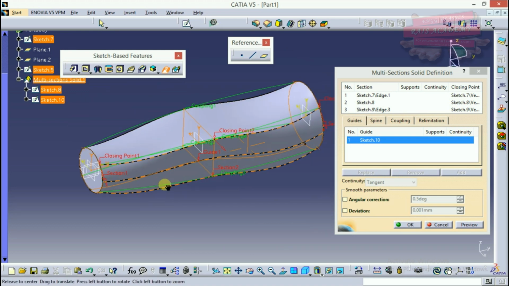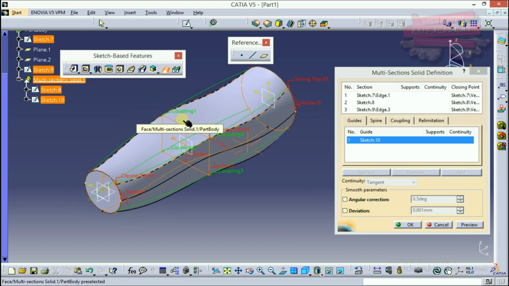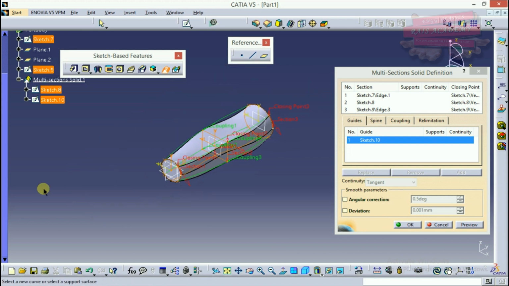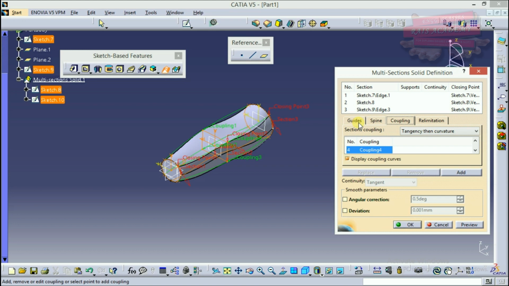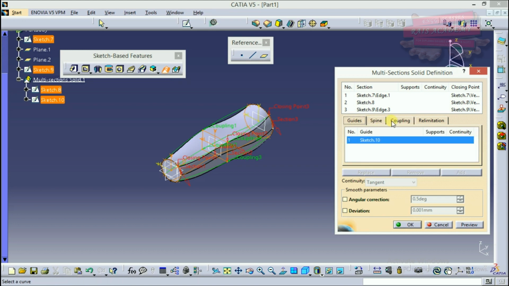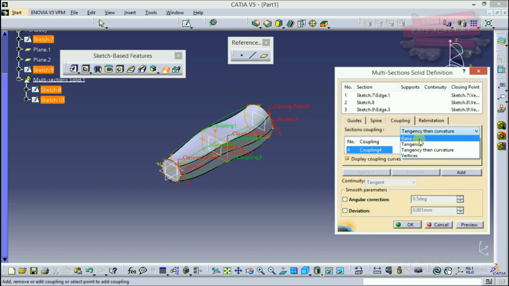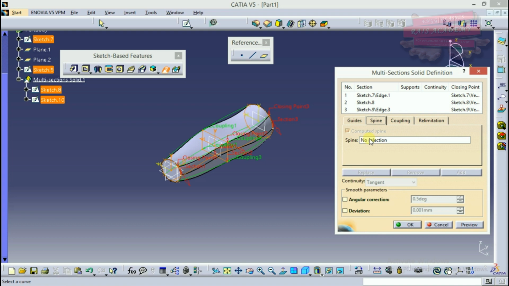By using this we can draw multiple sections. Suppose you have an arbitrary section over here, then another section over here, then another over here. Suppose you have a pentagon over here and a hexagon over here. You can place all of them by using coupling, or you can simply use a guide and give it a ratio. Okay, so you can use this, or there are some other features also. You can provide a spine as well, and you can give more than two guide curves.